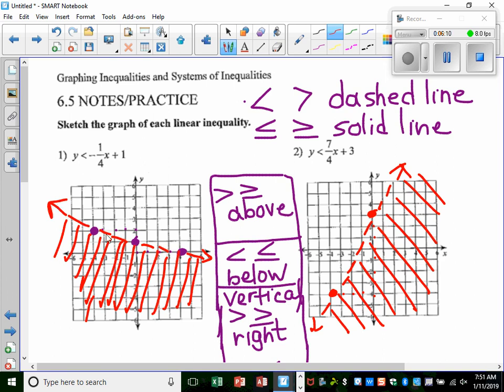Since it's a dashed line, any points lying on the dashed line would not be a solution. If it's solid, it would be a solution to the inequality. All right, so points on a dashed line are not solutions. All right, let's go down to